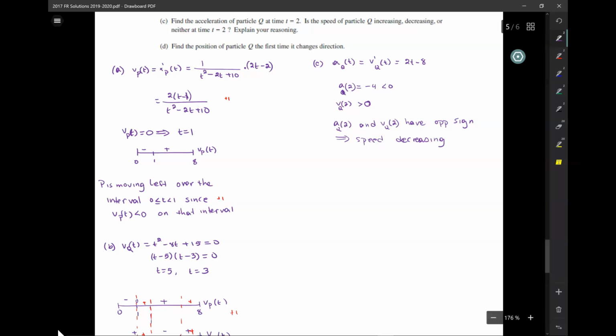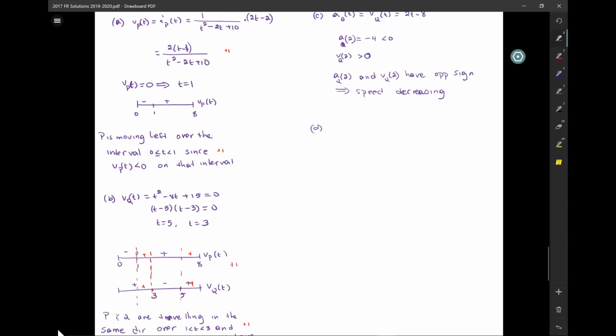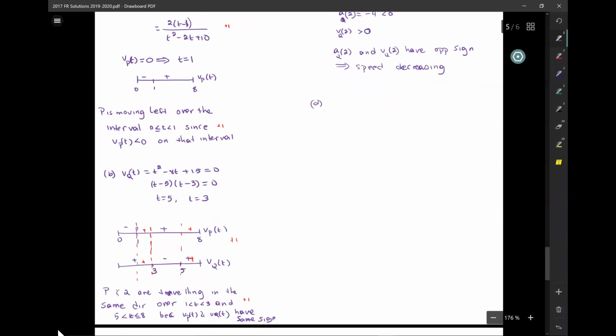Okay, D, find the position of the particle Q the first time it changes direction. Well, the first time Q changes direction is at t equals 3 from down here, right? So if I want the position, yeah, I have to do,